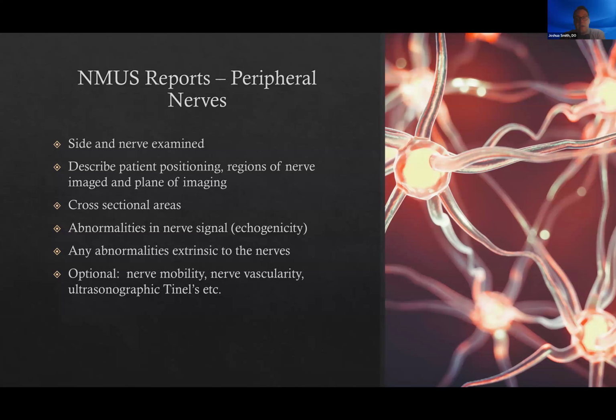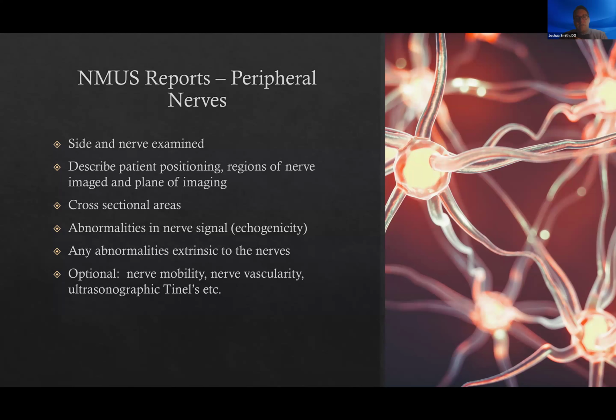So let's go. I'm going to divide it into neuromuscular ultrasound reports for peripheral nerves and then for the muscles. So we'll go through both and then we'll also go through some examples. When it comes to the neuromuscular ultrasound reports for peripheral nerves, you need the side and the nerve that you examined, a description of patient positioning, the region, image, and plane of imaging, and then probably some of the most important